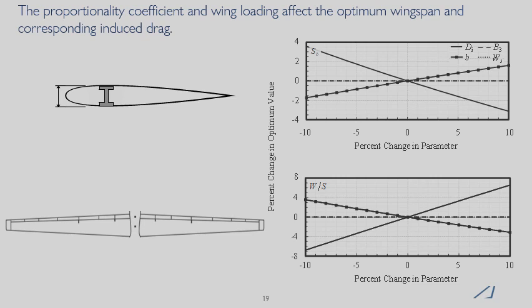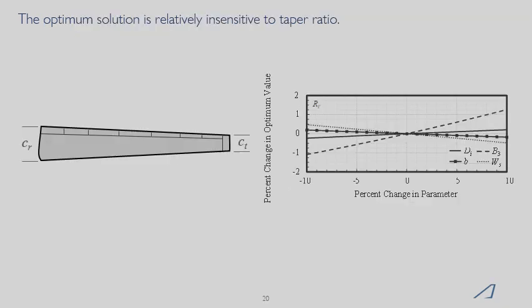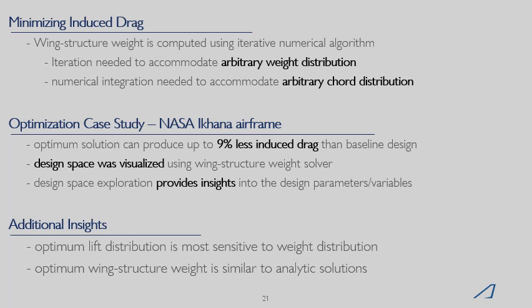And that's because both of these parameters have to do with the way that the structure carries the lift distribution and how efficiently it can do it. And finally, we see that if we vary taper ratio, we don't change our optimum design very much at all. And this really supports the result found by Phillips and his group that the optimum lift distribution really is insensitive to the taper ratio. And we also see that the optimum design really is also relatively insensitive to the taper ratio. So just to conclude,